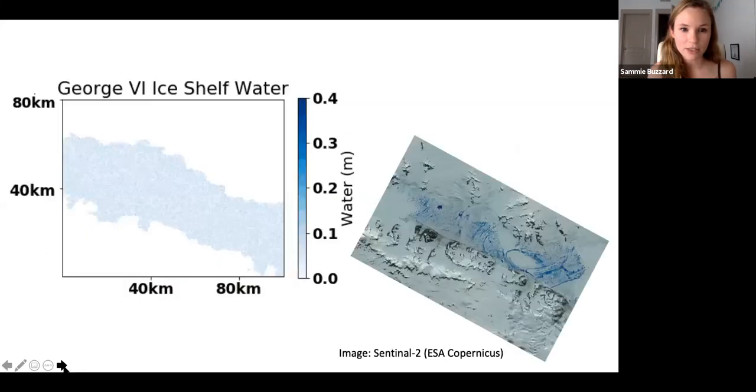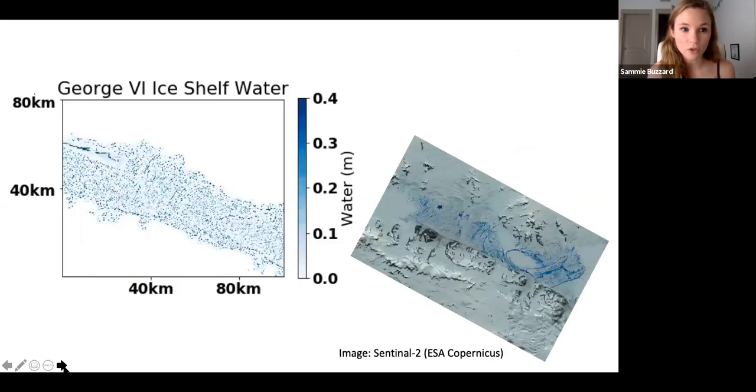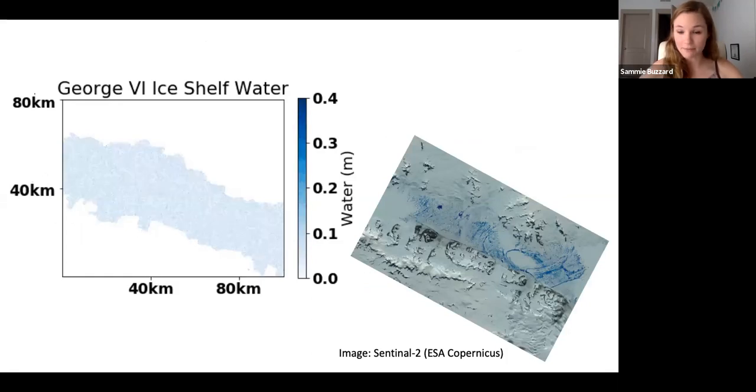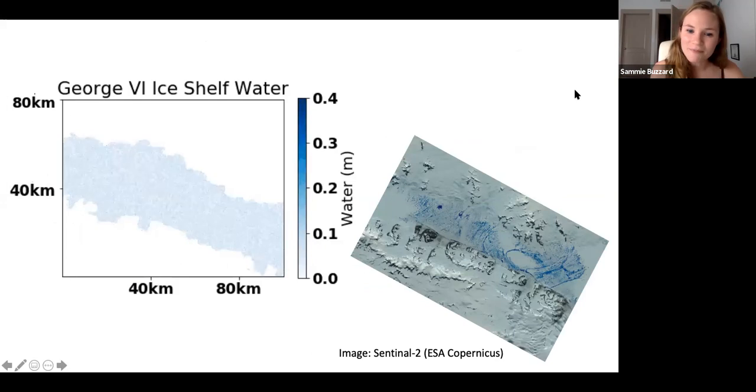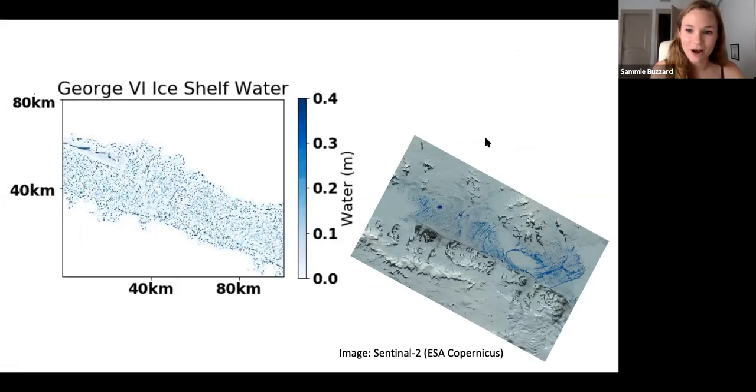Also going to show you an example of this on the George VI ice shelf. So this huge melt event was noticed on George VI at the beginning of this year. It was still in 2020, it feels like forever ago now, back when we were allowed out and doing fun things. But yeah, as soon as I saw this, I was like, well, I have to try and see what MONARCHS thinks of this surface melt event. So I put a